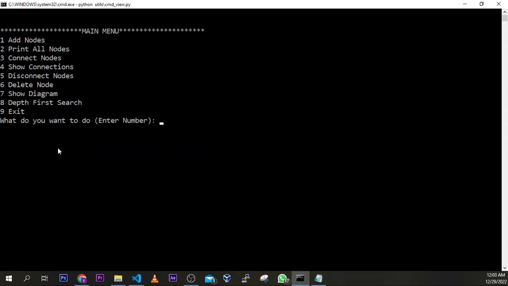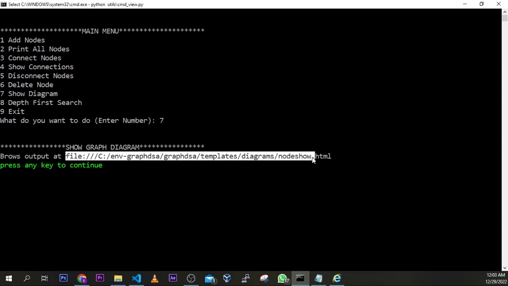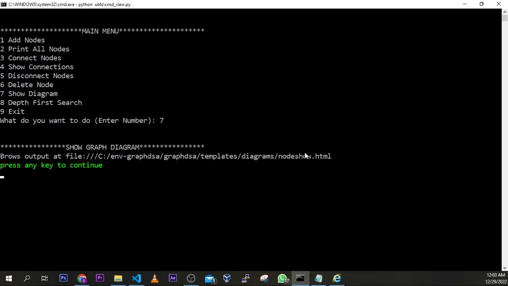To see these graphically, we use the show diagram. To show the diagram, just do 7, and you press enter. What that does is that it actually creates a file. This file, you can see this folder, this directory. It creates this file for you. So you can take this file